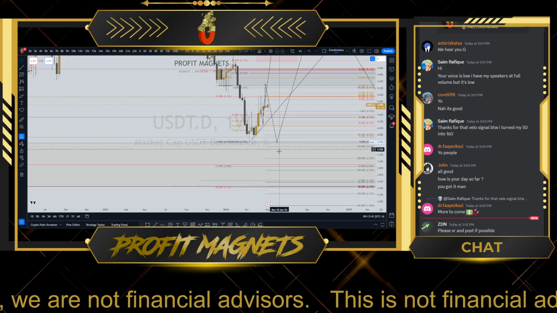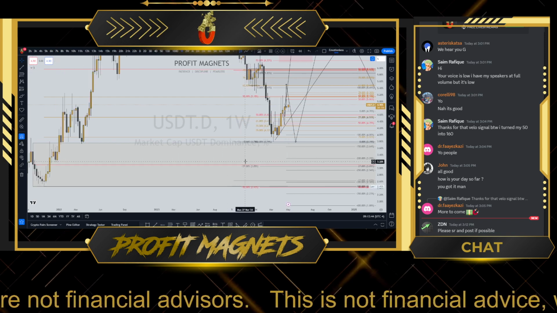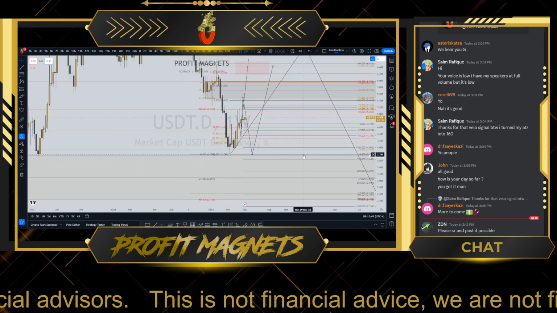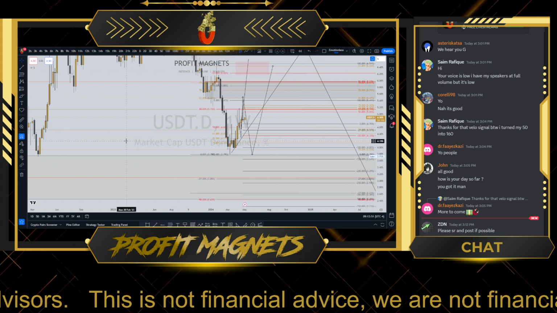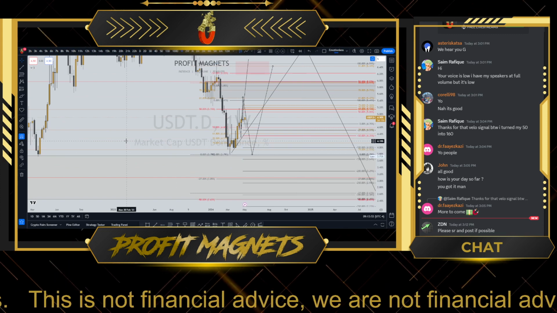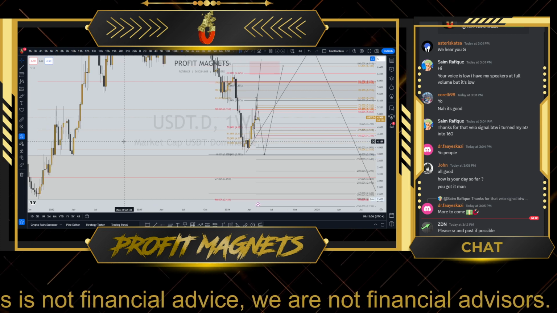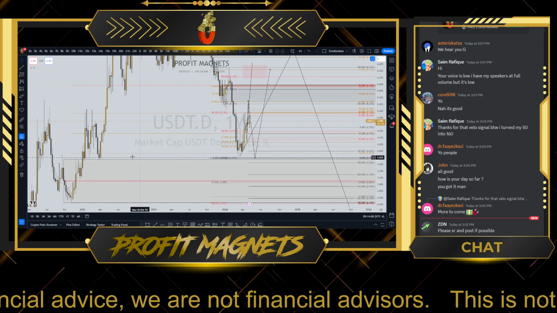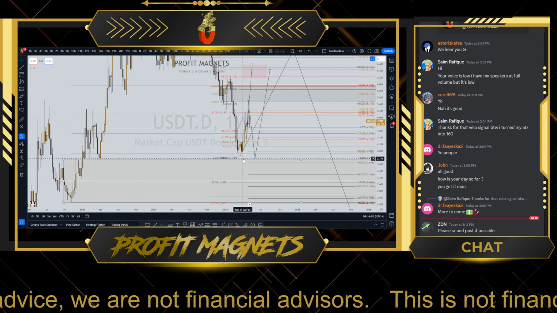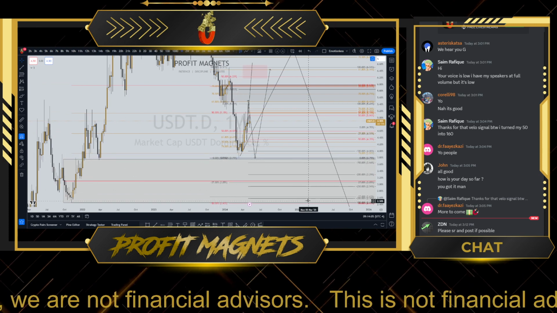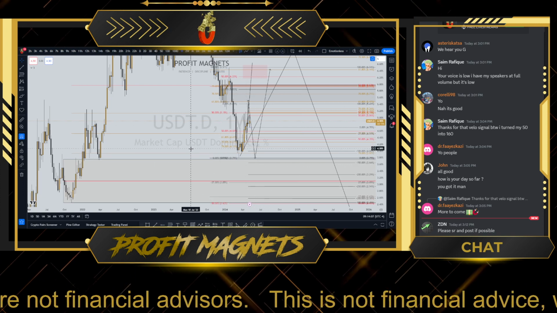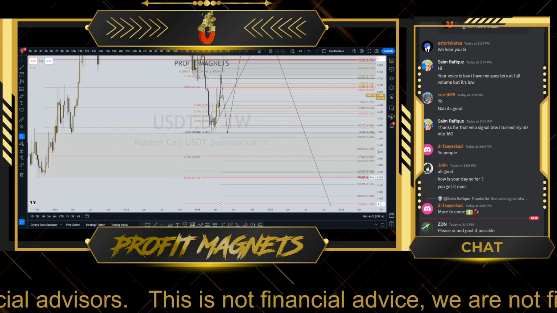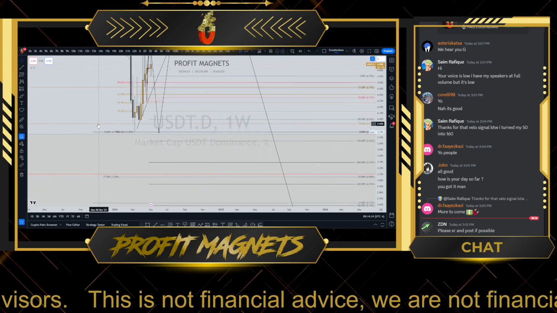If we were to retrace in this area, we could potentially talk about a new all-time high for Bitcoin and some pushes to the upside for our altcoins, which is great. But you need to understand that this point right here is crucial, okay? And because we haven't really revisited this area just yet, we got very close to it, but we didn't do so. While we could potentially go and create a new all-time high for Bitcoin, it may not be a substantial move to the upside. Let me explain.